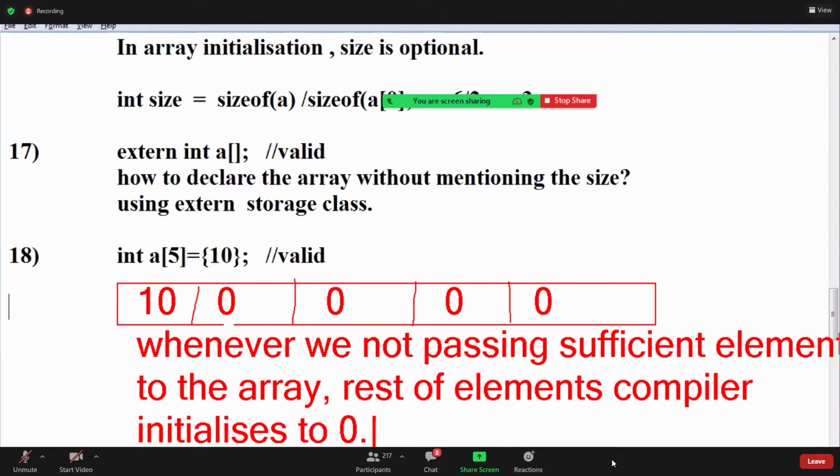Whenever we are not passing sufficient elements to the array, the rest of the elements it initializes to 0. Compiler initializes to 0. Completed. 18th, 19th, guys.